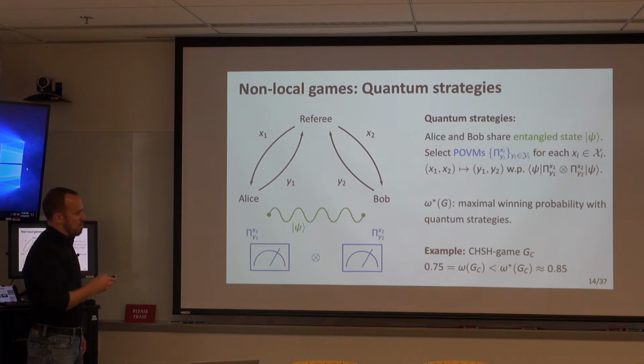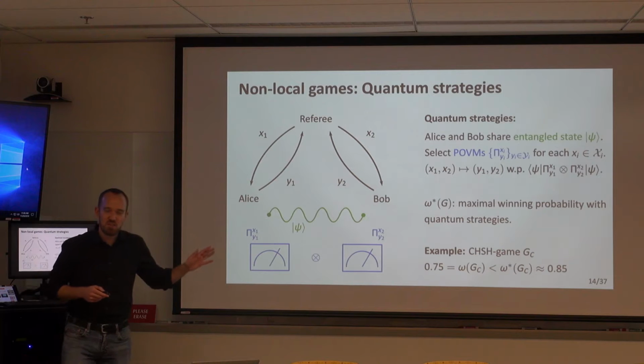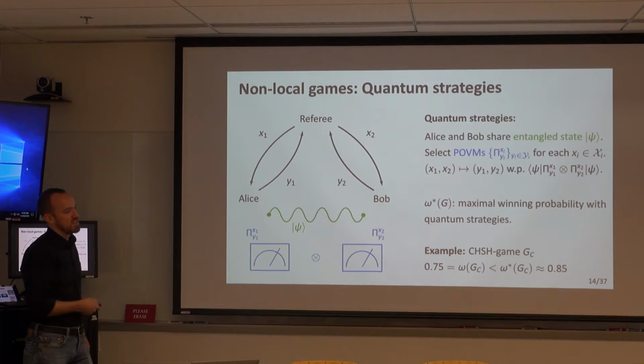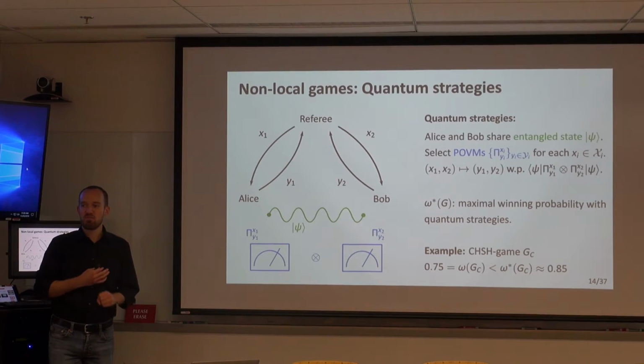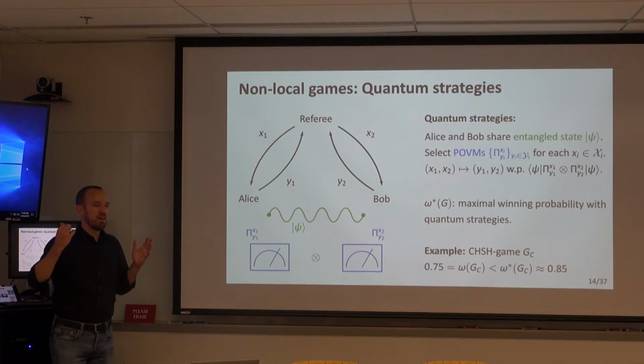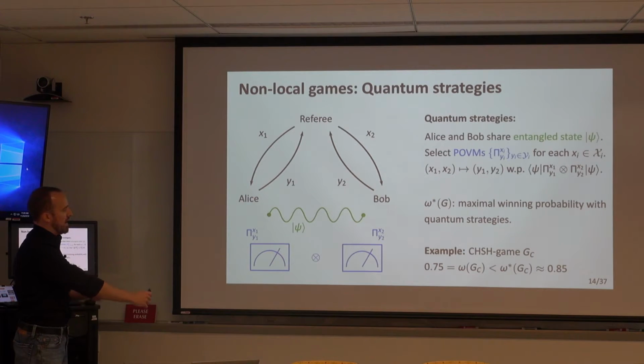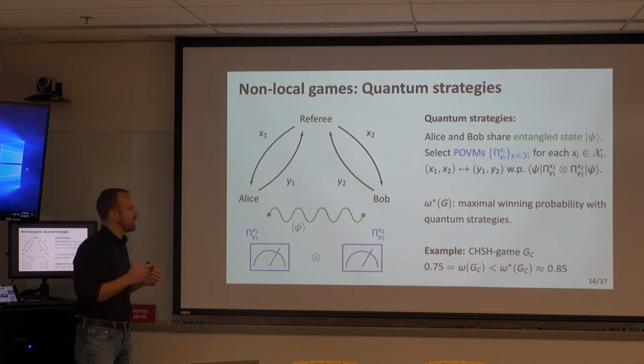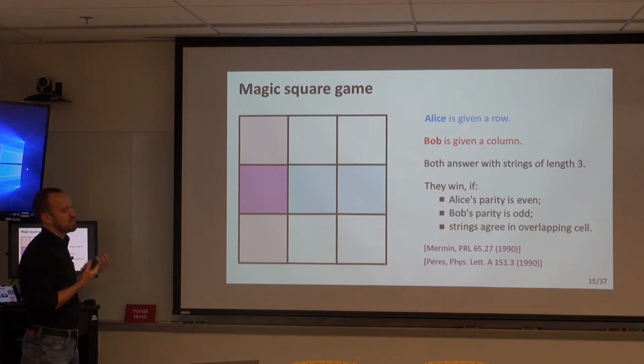Okay. But we will actually not be interested in the CHSH game because the quantum value of the CHSH game is not 1. So even if you have quantum correlations, there's no way for you to always win the game. And we want to consider games where you do have a perfect quantum strategy. One very nice example is the Magic Square game,